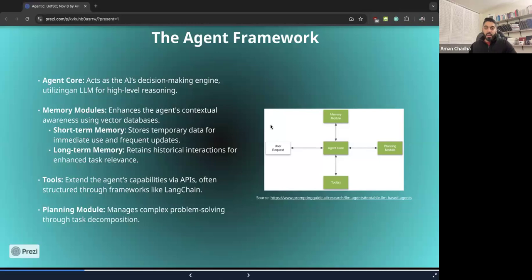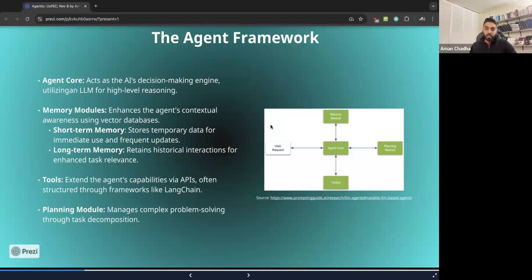We've got the memory module, and like I mentioned earlier, we've got two types of memory that we look at. It's short-term memory, and that can be modeled just through the prompt itself. You could introduce a retrieval augmented generation pipeline, which picks up whatever is relevant about the particular user. So if you want to personalize something based on prior user interactions, you could utilize a vector database at the back end and retrieve from that via a RAG pipeline back into the LLM's prompt, and that will serve as short-term memory. Long-term memory could also be modeled with a vector database, but you could expand the time horizon for the entries that you look at as you're retrieving. So that's one form of modeling short-term and long-term memory.